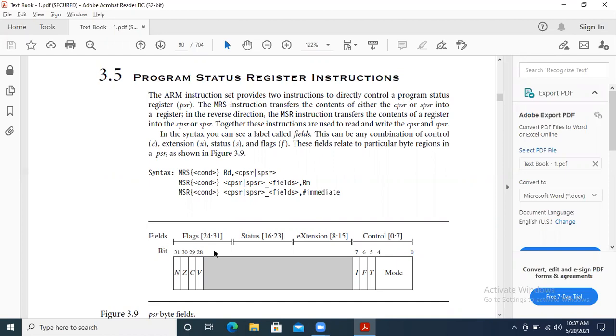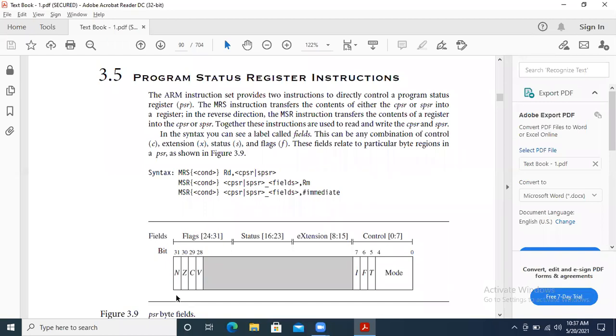So we have four flags in total: the negative flag, zero flag, carry flag, and last the overflow flag. These flags are activated only after execution, depending upon your output value.